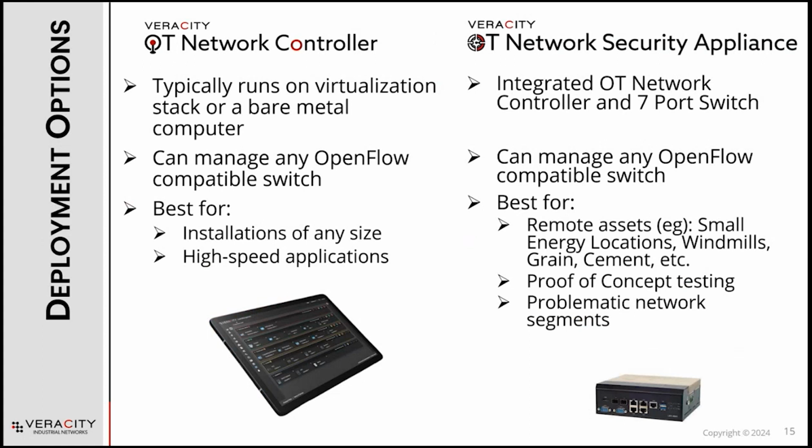So let's back up to our two form factors. We've got the OT Network Controller, which is a piece of software. It typically runs on the virtualization stack. Some companies will run it on a bare metal computer. It can manage any OpenFlow capable switch, and it's appropriate for any size installation. High-speed applications also fall into this. It's not that it can't do slow-speed ones, obviously, but I'm going to recommend it for high-speed applications